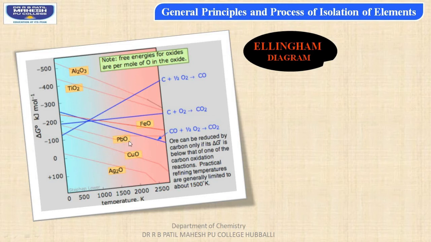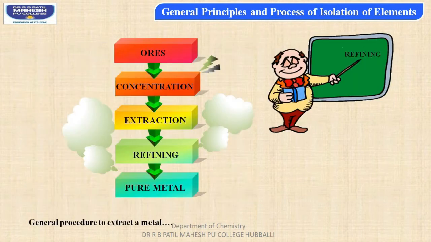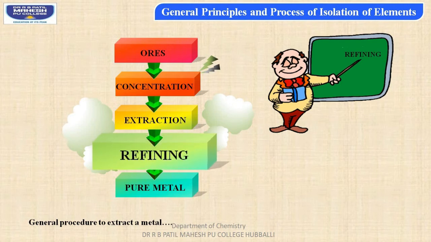That is, students, lead oxide, cupric oxide and silver oxide can be reduced by using the reducing agent carbon monoxide, whereas if ferrous oxide has to be reduced, then we can use carbon. In the metallurgical process, after extraction of metal from their concentrated ore, it has to be refined for the purification